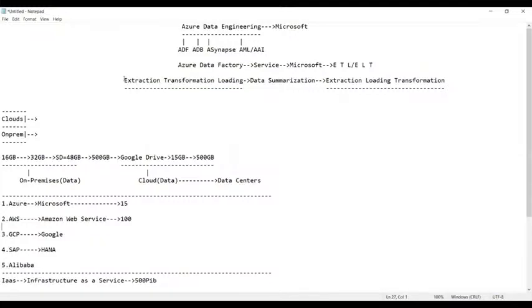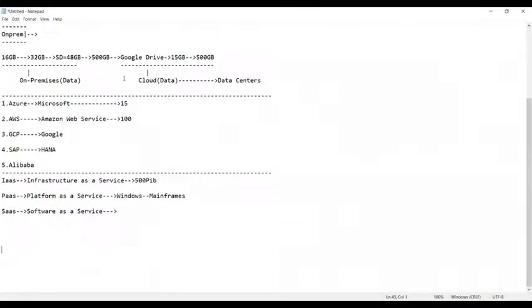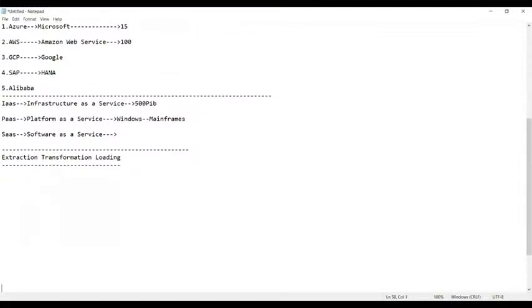Let's copy this, guys. I'm coming down here. Now I'll explain with a simple example. Extraction, transformation, and loading. Let us take an example: I have some supermarket data here, and the supermarket authorities want to know the